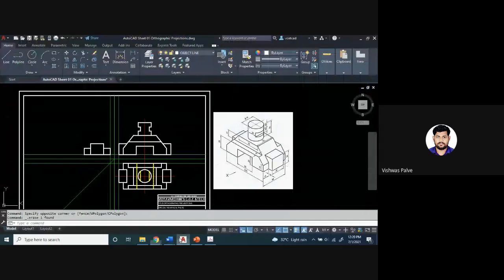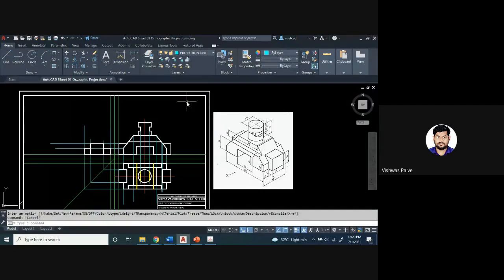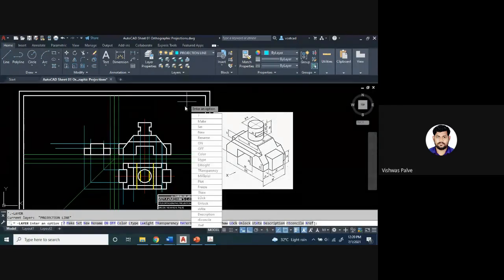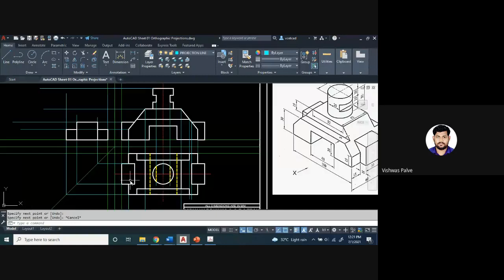Hello, am I audible? Yes, sir. Okay. So now, with the help of projection, I will draw the remaining part, the cylindrical part and this curve portion. For that, I will select the projection line. You have to draw it with projection without dimensions. Take horizontal projections, and similarly the projections of the cylinder.